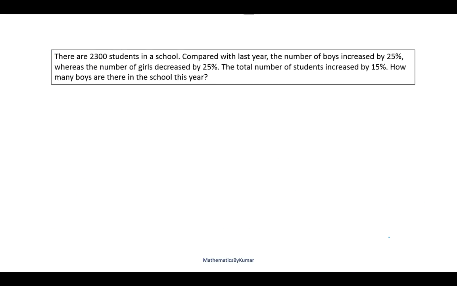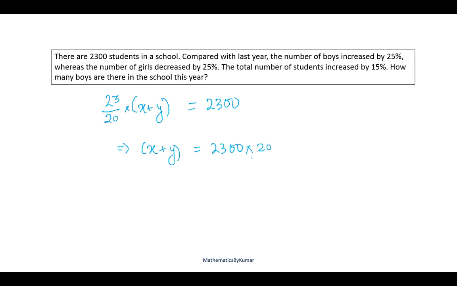Okay, so let's start with this. By one method I found out that there are 23 over 20 (x plus y). This is the total number of students this year. I also know that this value is nothing but 2300. This can help me directly calculate the value of x plus y, which is 2300 multiplied by 20 divided